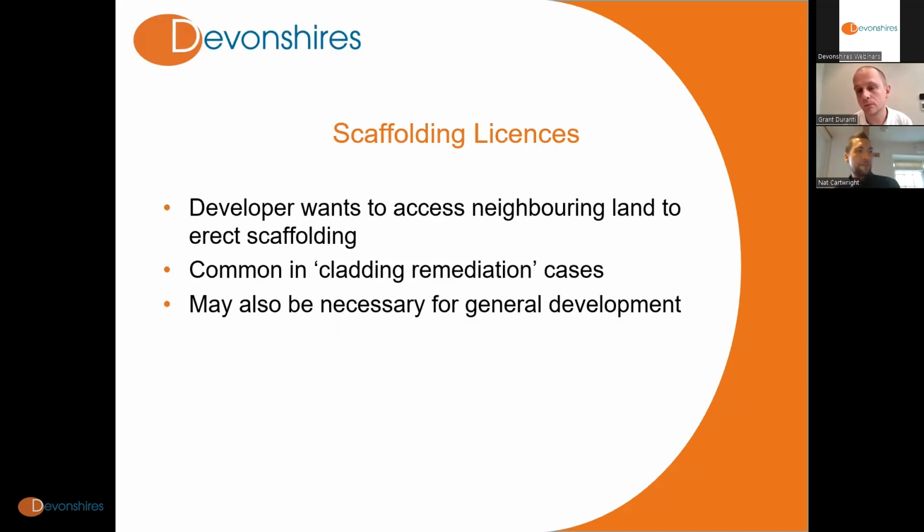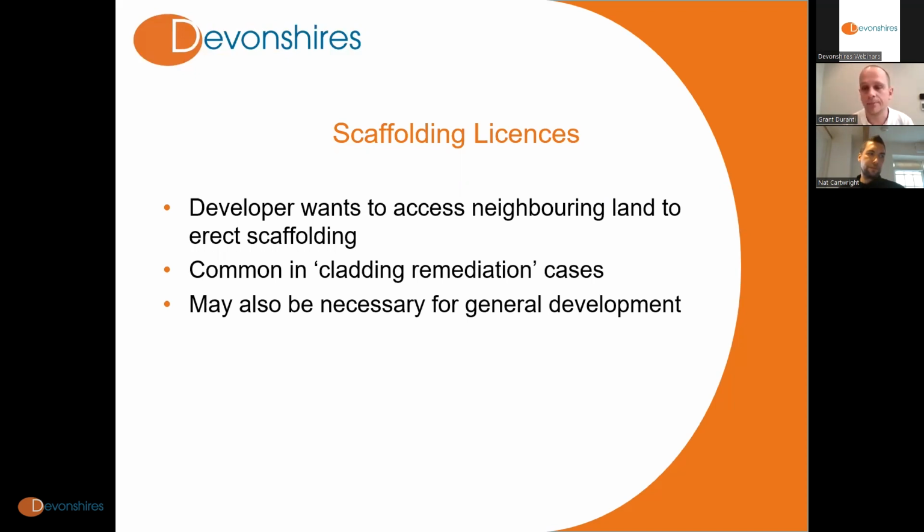Now we're going to look at a couple of construction and development related licenses. Grant is going to talk about scaffolding licenses first. Sure. The most common scenario here is where you need to erect scaffolding around a building, and if, for example, the building is built up to the footprint of your boundary, where you put the scaffolding around the outside of the building might actually overlap into a neighbouring piece of land. So you would need a license to put the scaffolding onto their land,